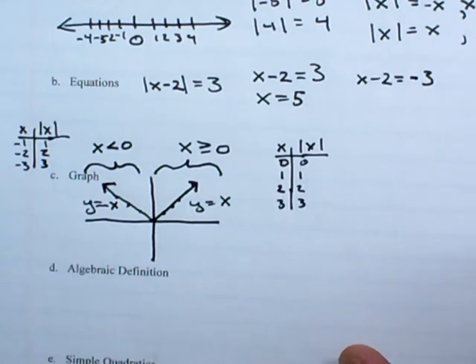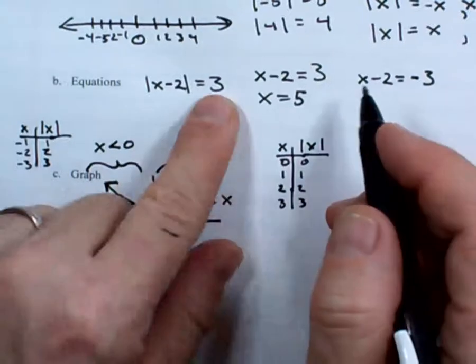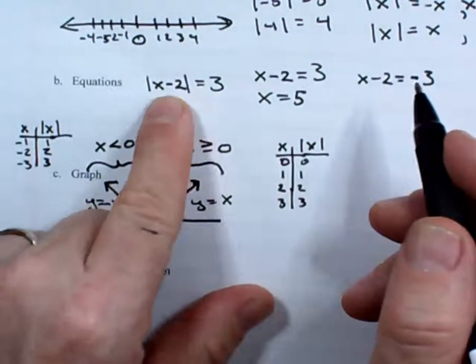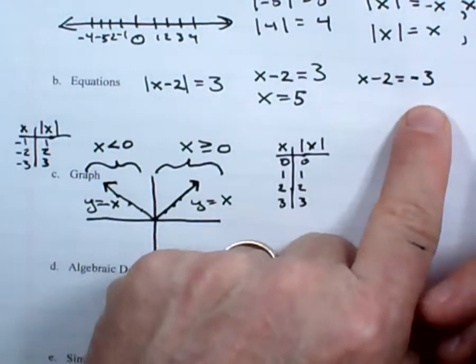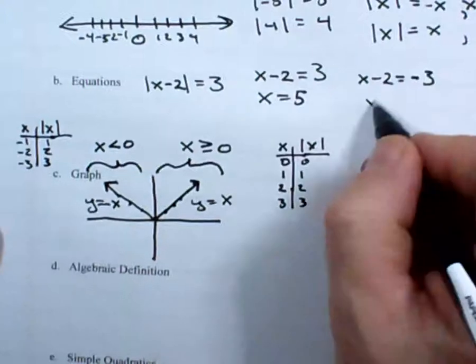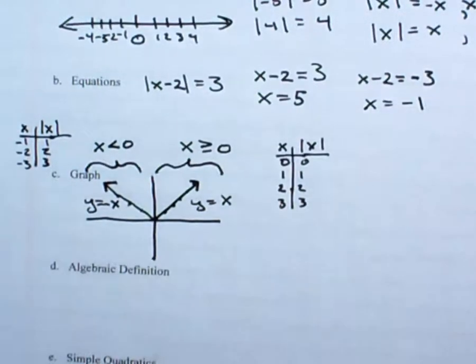Because, Megan, the absolute value of a -3 is also 3. So I change the signs. I make it positive, and then I make this equal to negative. And then I solve this. And lo and behold, I get a -1 there. And those are the 2 answers I get for my absolute value. Okay, almost every single time I'll have 2